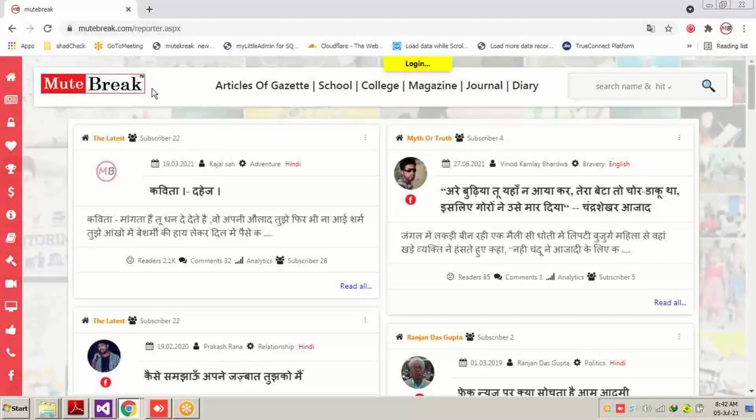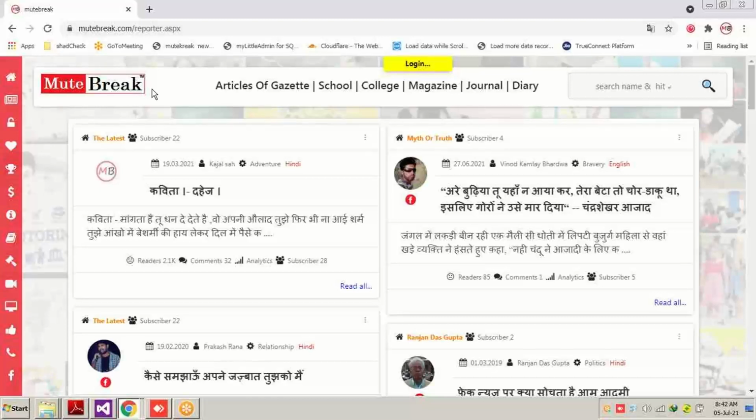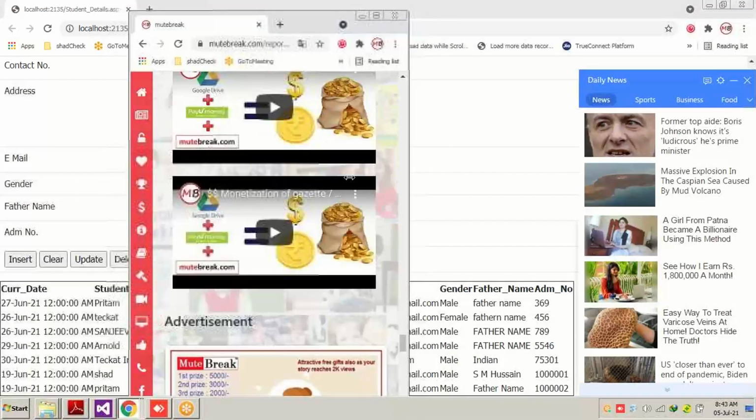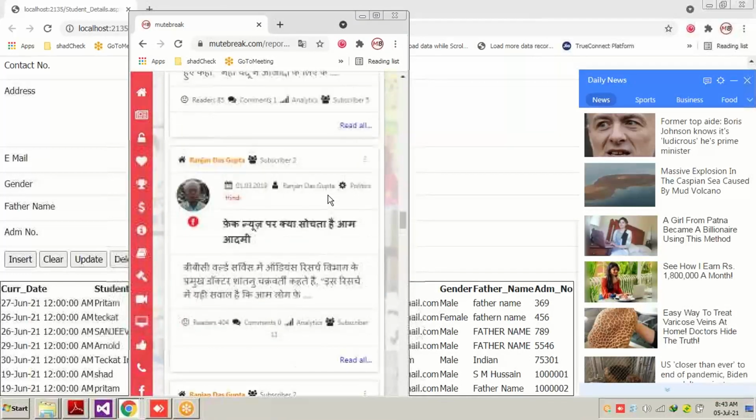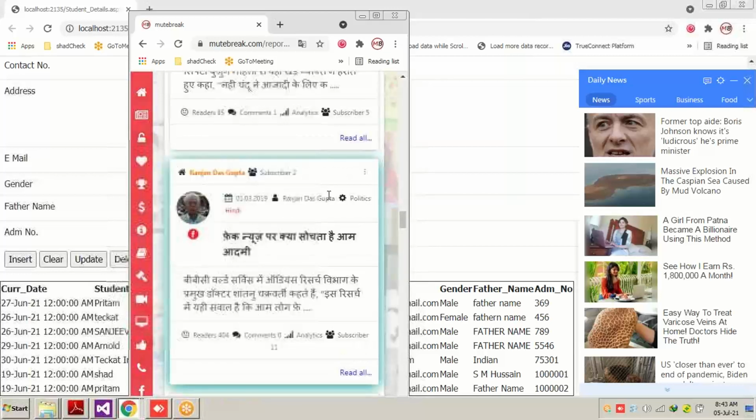Now if I resize the page, you can see that the 2 rows are converted into 1 row. How has this changed? Because of Bootstrap, because I have used the Bootstrap file in every control. So that control knows that if the size of the screen is 420 or 320, how it's going to adjust, what things are to be shortened.